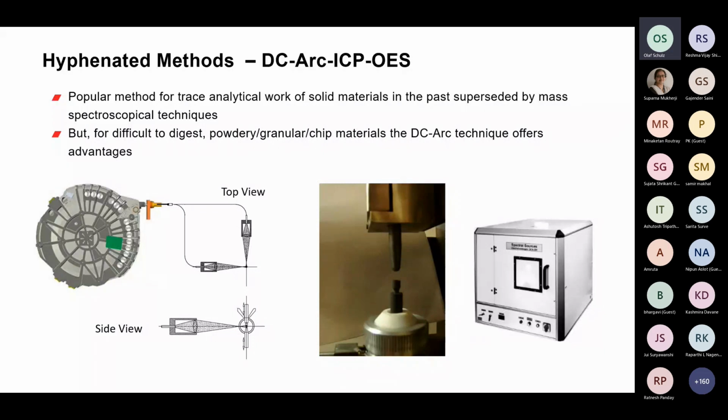DC-arc is another example. As a technique from the past, it was used for trace analysis of solid material. And with the advent of the MS-based techniques, GD and ICP-MS, DC-arc lost its meaning due to the higher sensitivity of those techniques. But DC-arc might still be a technique to consider, particularly for difficult to digest, powdery or granular or chip-type materials. The technique is rather easy to use, and the costs are a fraction of the costs of